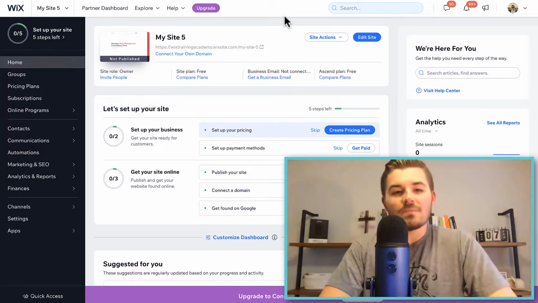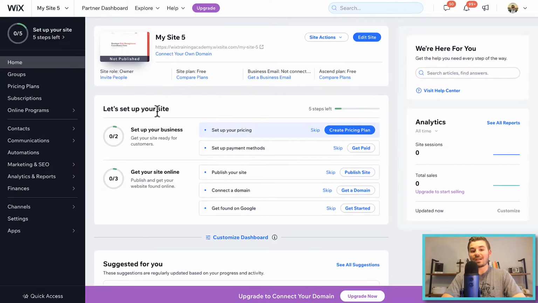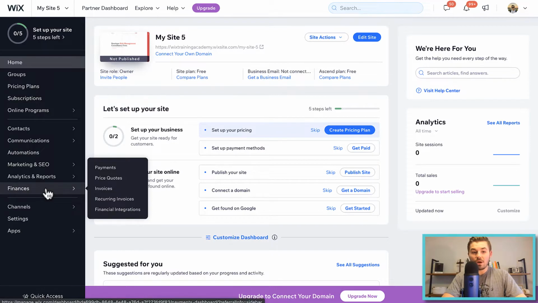Well, so when it comes to setting up your payment methods, first and foremost, Wix has created a nifty little let's set up your site portion, and they've got set up payment methods here if you went down the path of setting up and using an e-commerce or an online store template. If you didn't do that, though, I'm going to show you the back way how to go ahead and get this set up. So what you're going to do is you're going to scroll over here to the left-hand side, and you are going to go to